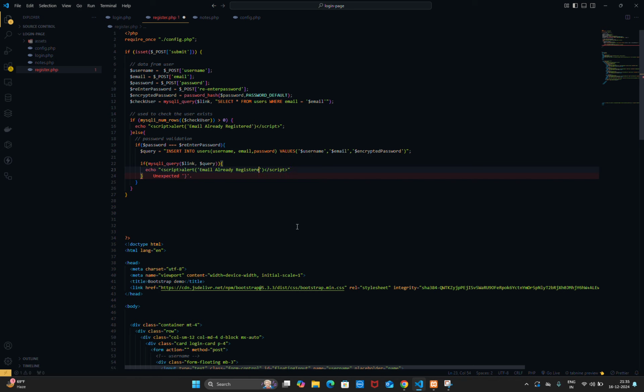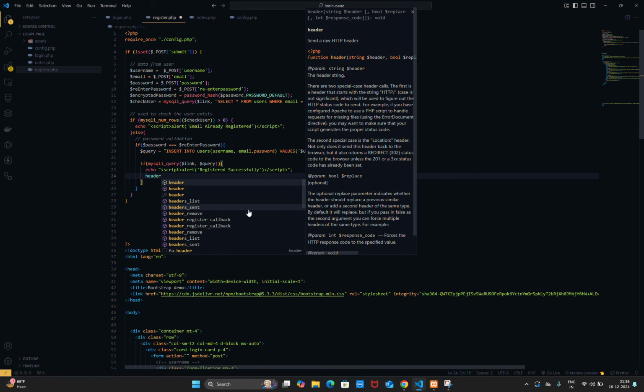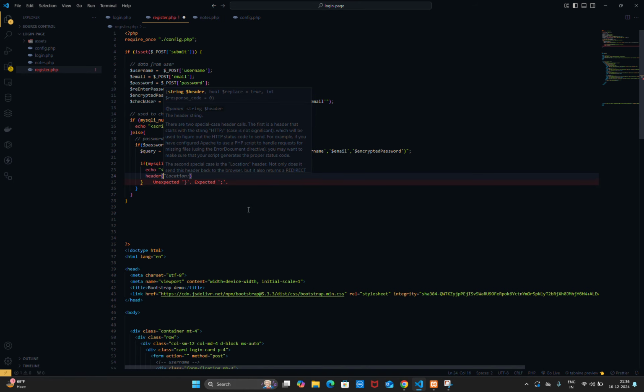So user already registered. I will throw an registered successfully, and stop it with a script semicolon here, and then at the next point, after the user gets hit by OK, we use a header function, in which it will redirect to another page. For example,